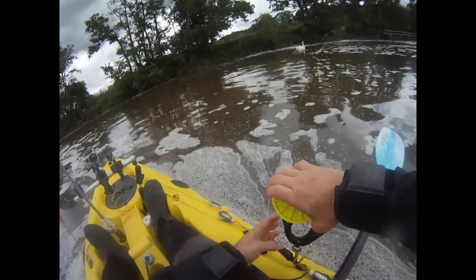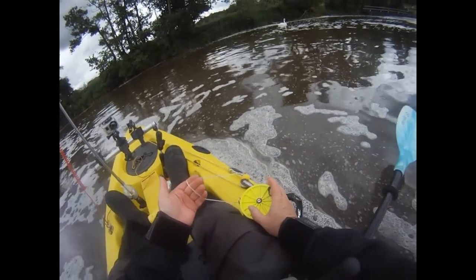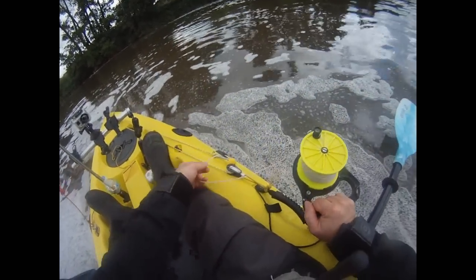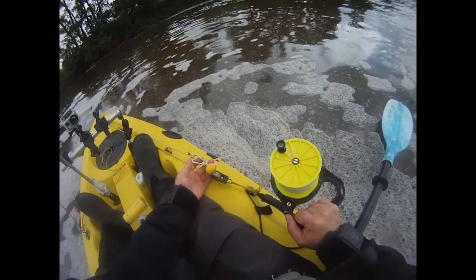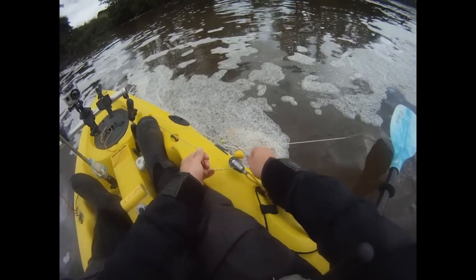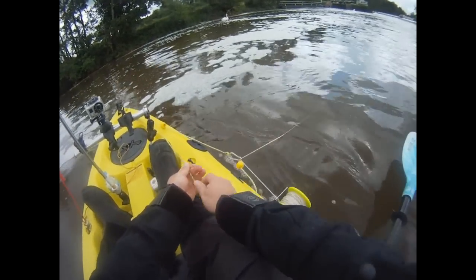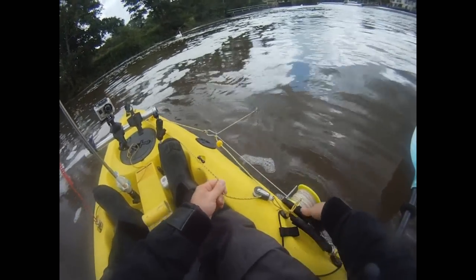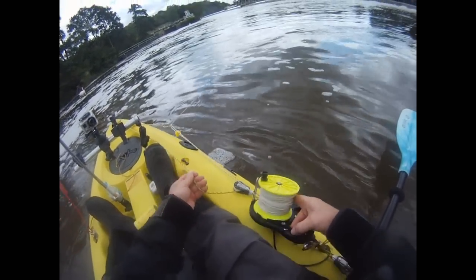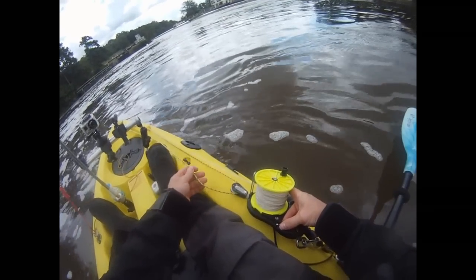Now what will happen, remember you're still clipped in, okay? So now what will start to happen is the kayak will start to turn. Again, make sure you've got your finger on the free release, on the spool to release line, and shuttle the front anchor trolley forward, okay? And if you're in a lot of tide, you probably have to release line at the same time as you do this. So you can see with one hand I'm releasing line, with the other I'm pulling the front trolley